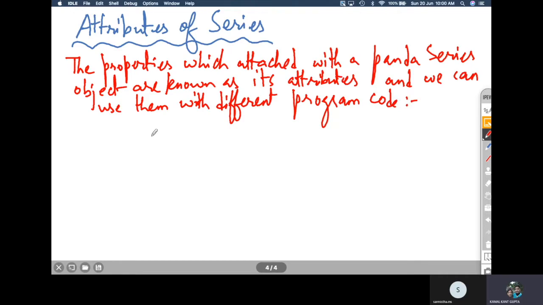So let us find out what these attributes are. The first one of them is the name attribute.